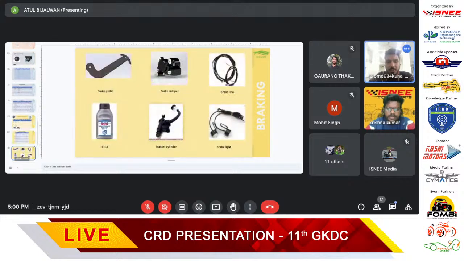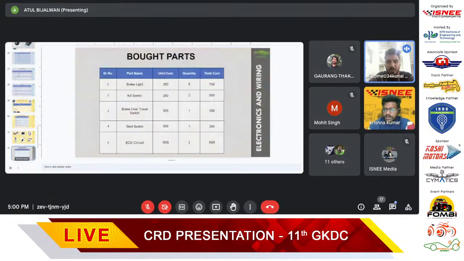Moving forward, as you can see, these are all the components used by us in the braking system. Moving forward,